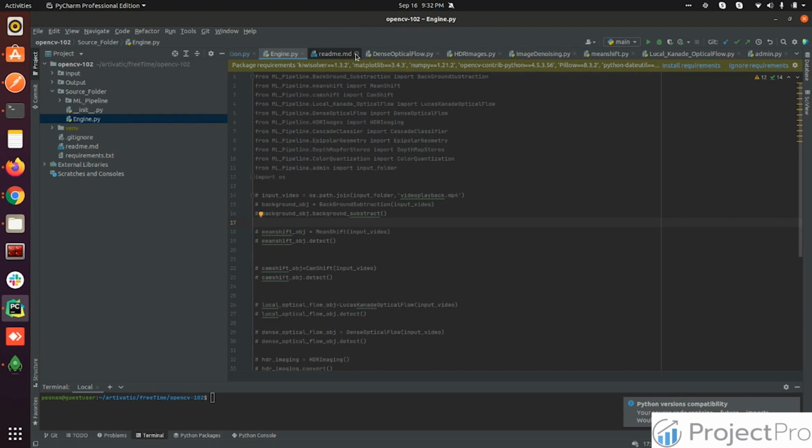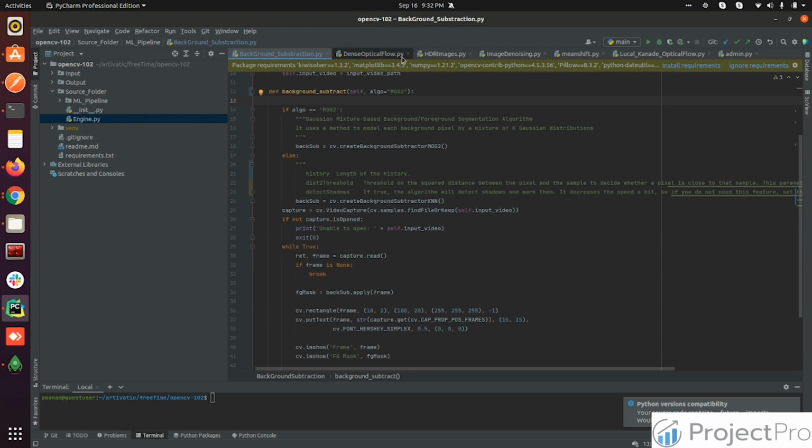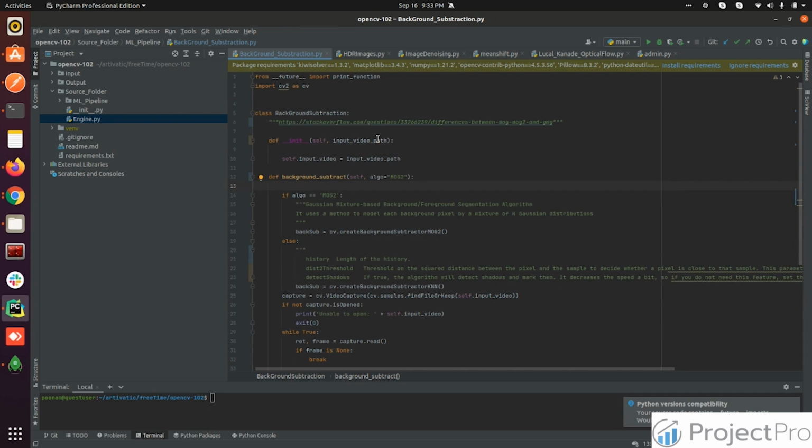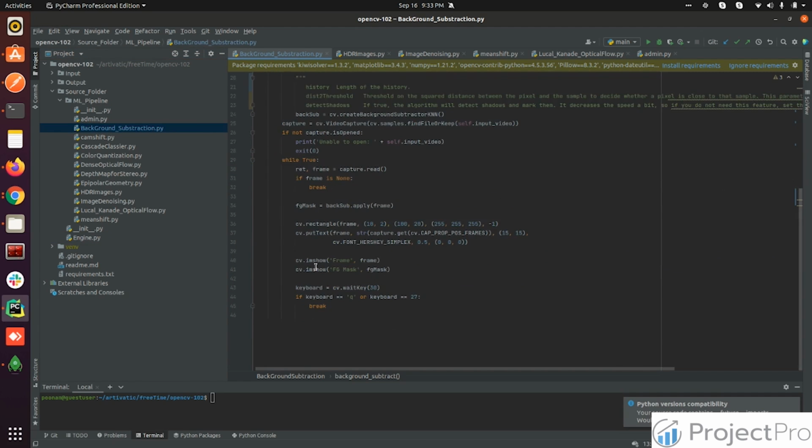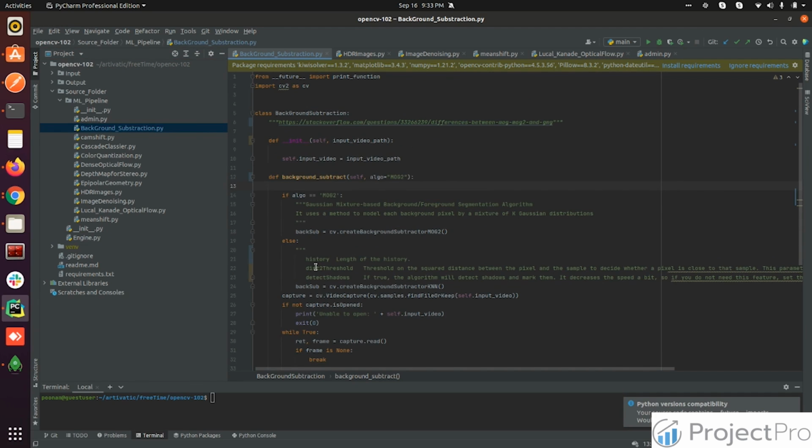We have already discussed what we will be going forward understanding in this particular project. So in the next video, we will start with background subtraction.py, in which we'll try to understand the different algorithms it has, what all OpenCV supports, and how exactly we can do it.